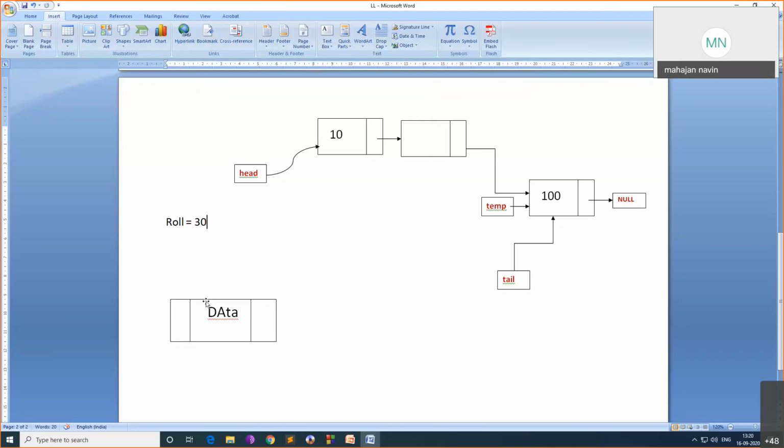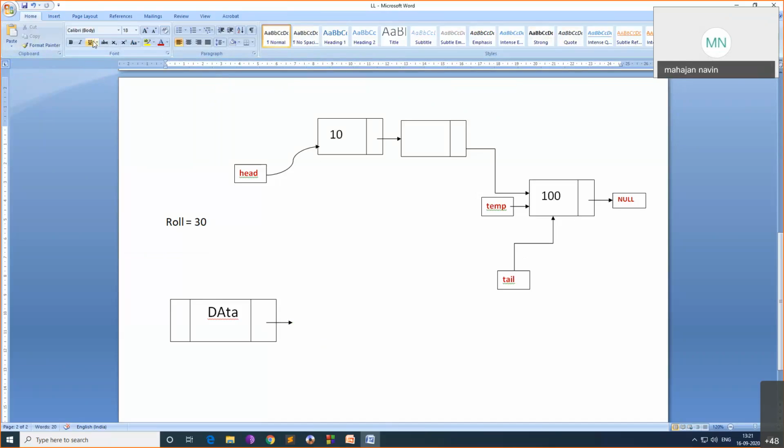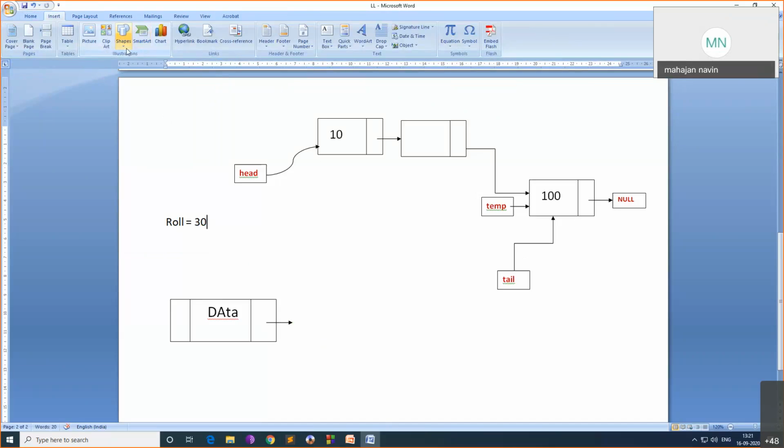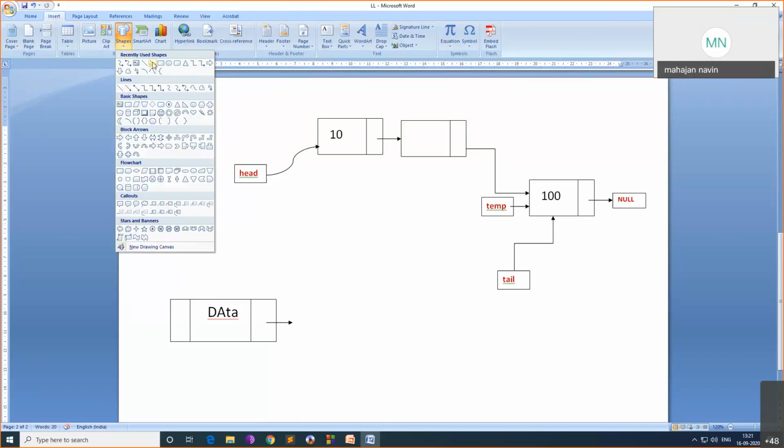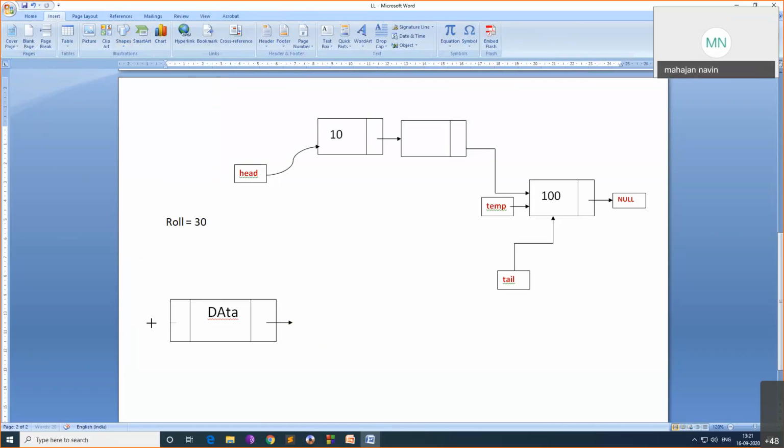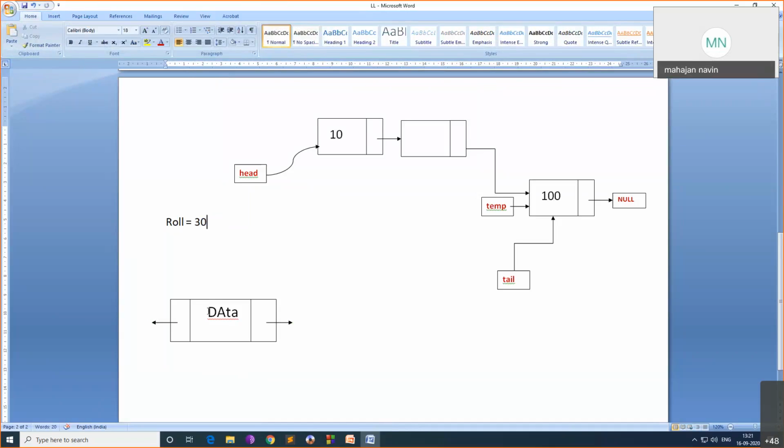Now, a doubly linked list will have two things. What are they? One is the previous pointer and the other is the next pointer. So we'll take the next pointer here, one line which will point to next. So this is next, and the other one we have is previous. Two pointers. It's called a doubly linked list. So we have double links here.